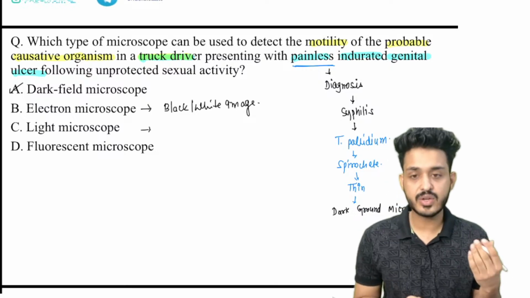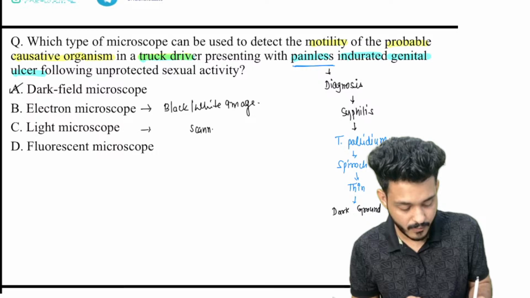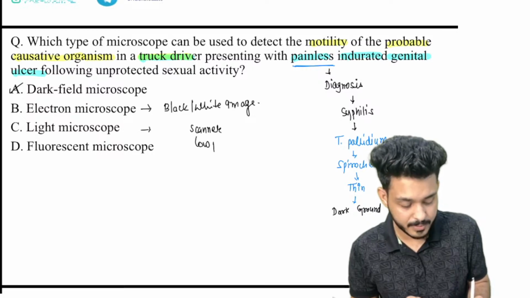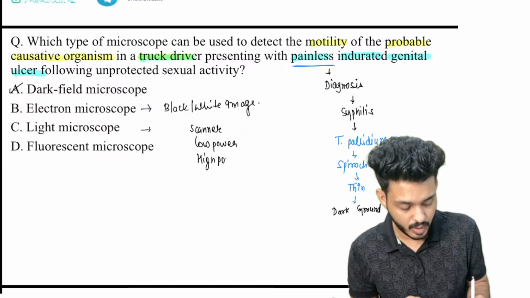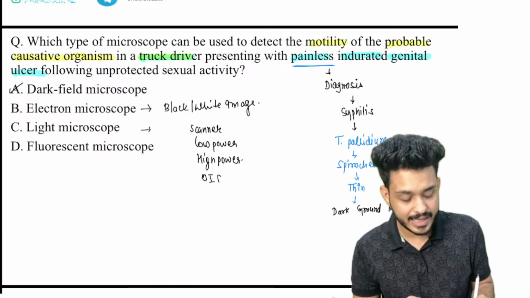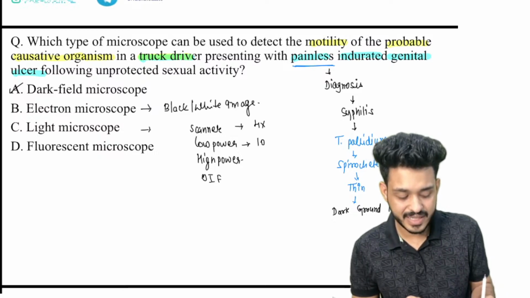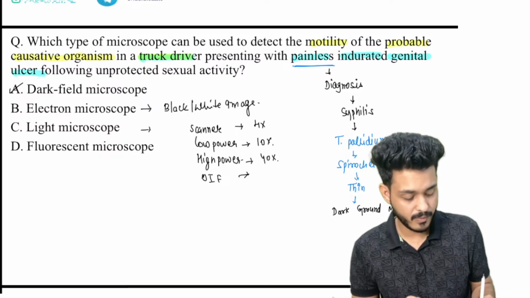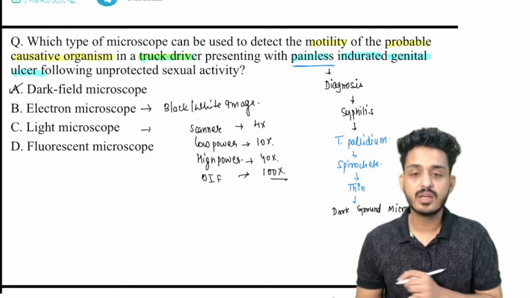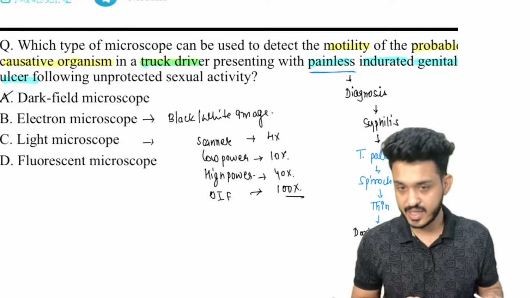Light microscope, the question that they will ask you is on the power. We are having scanner, low power, high power, and oil immersion field. Scanner will be 4x, low power will be 10x, high power will be 40x, and this one is your 100x. The maximum magnification we can get is